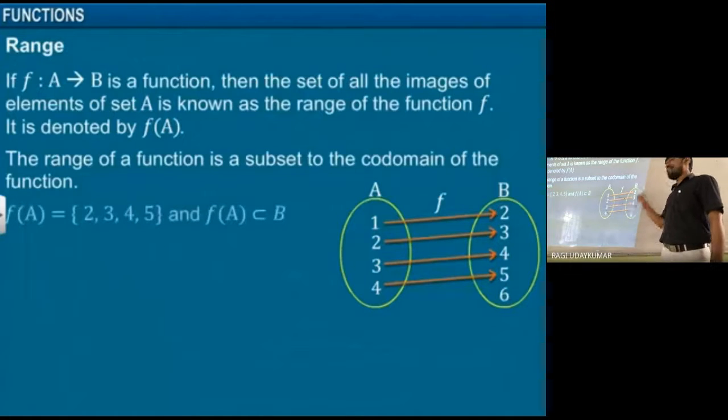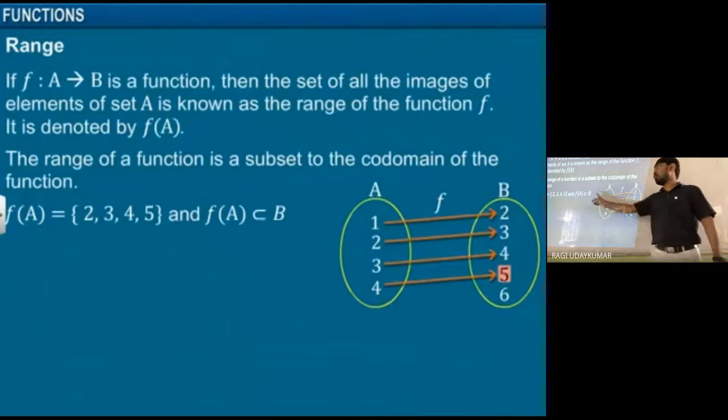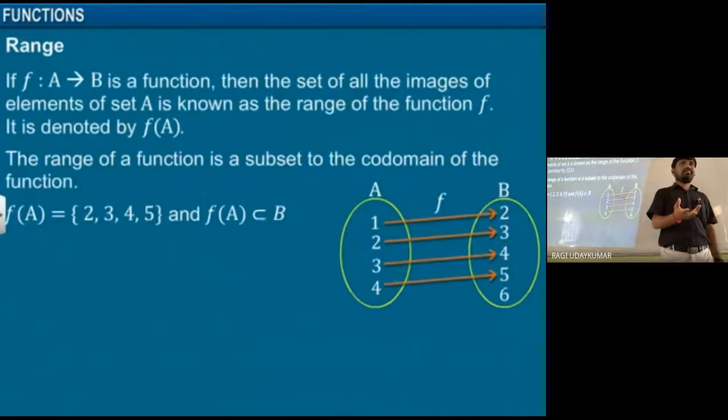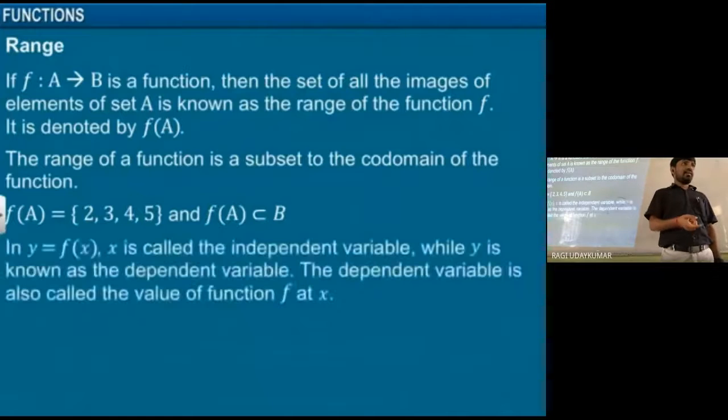ये range क्या है, ये इसी में से लेते हैं ना हम लोग. ये पूरा मिलके including 6 codomain. Including 6 we call it as a codomain, and excluding 6 in this situation we call it as a set. So always range will be a subset of the codomain. So codomain is B, range is f of capital A, and domain is A.